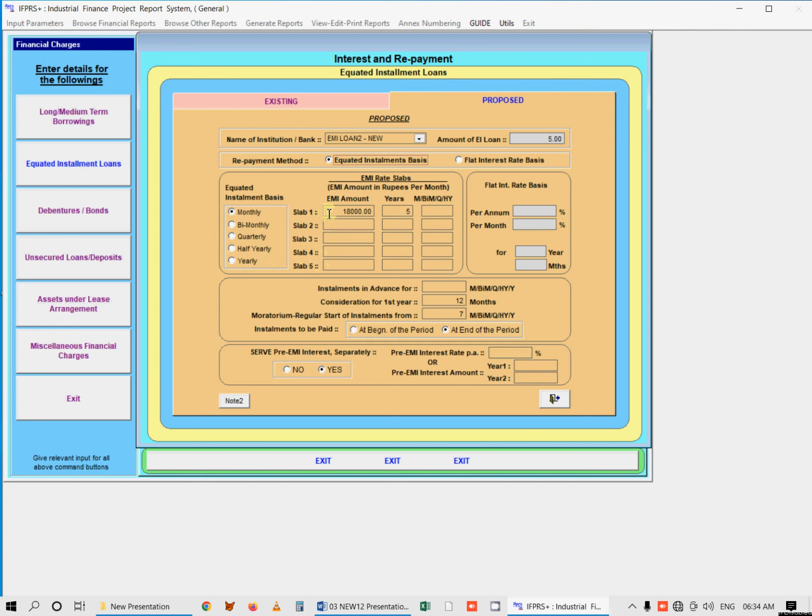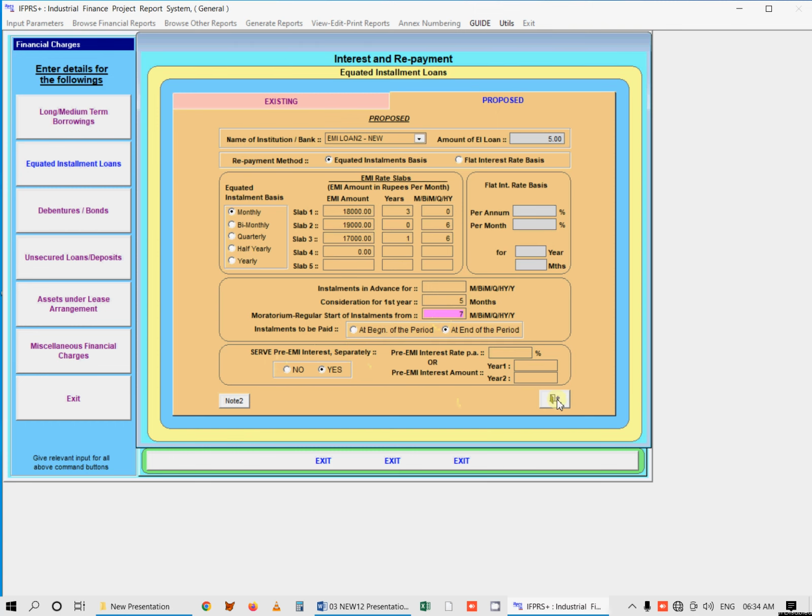For example, instead of 18,000 for 5 years, it may be 18,000 for the first 3 years, then increasing to 19,000 for the next 6 months, and then reducing to 17,000 for the last 1.5 years. Then you could state the starting point, say setting in September, starting point as 5th month, moratorium period, pre-EMI interest working,